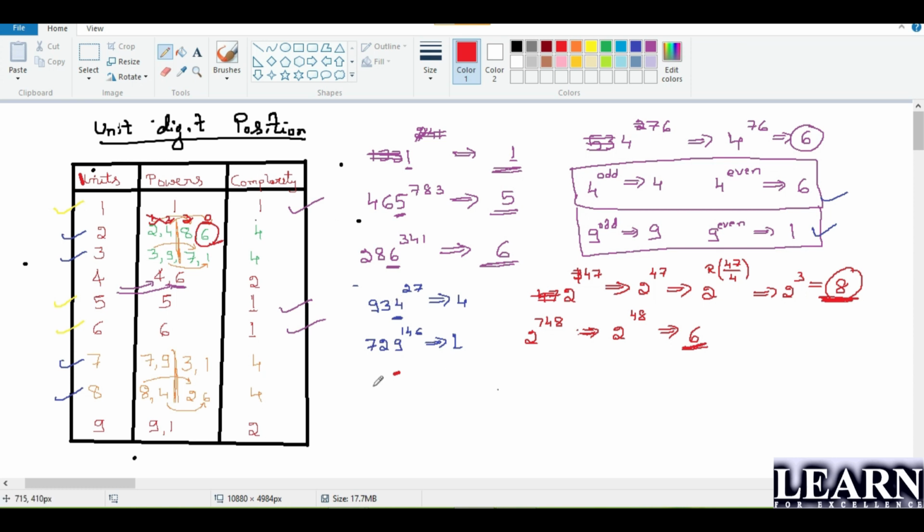Okay, now I'll go with the other numbers here. 3 to the power 74. Now I have to take out the remainder. So 72 is divisible. I can take it as 3 to the power 2. 74 divided by 4 has to be taken, guys. So the remainder will be 2 there. Because 72 is divisible, the remainder is 2, and we know 3 square is nothing but 9. How much time will it take, guys? It will hardly take 2 seconds to answer this, right?